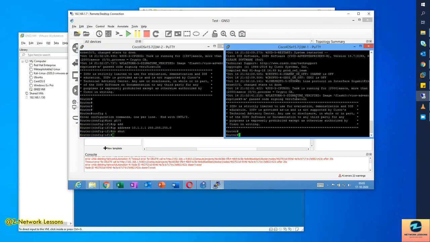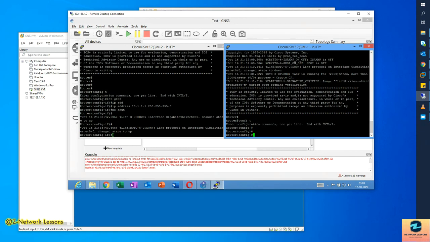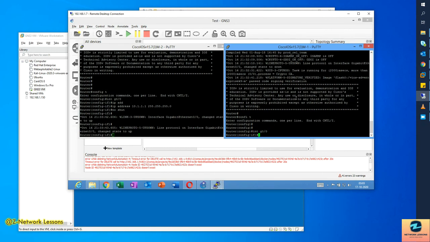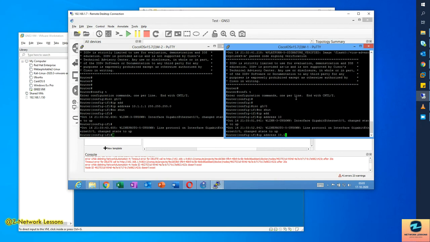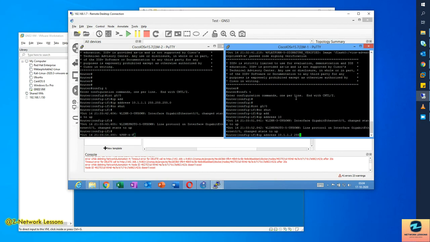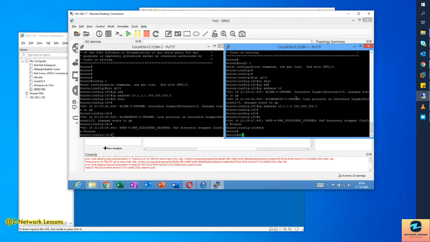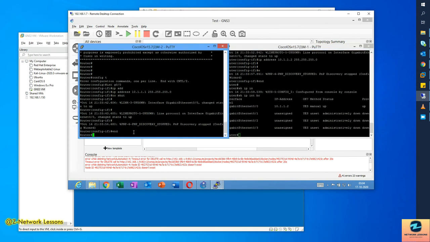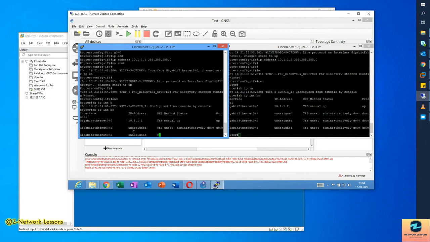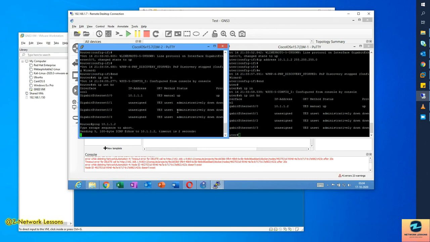And on the other router, I'll go and do config t and interface gigabit 0/0, no shut, IP address 10.1.1.2 255.255.255.0, and then I'll do a show ip interface brief here, and also show ip interface brief here. Okay, now let's do a ping to 10.1.1.2 and it should work properly.